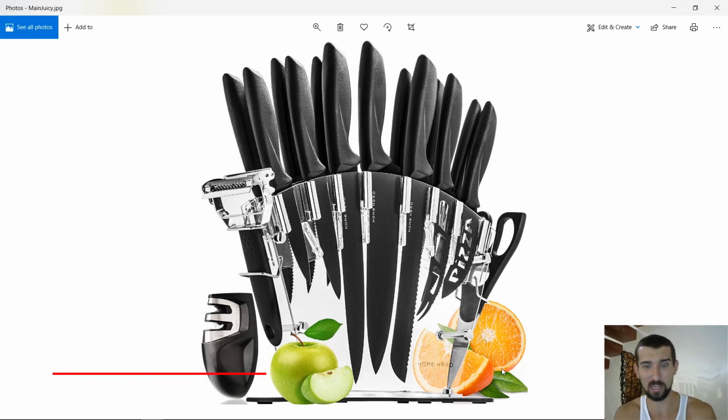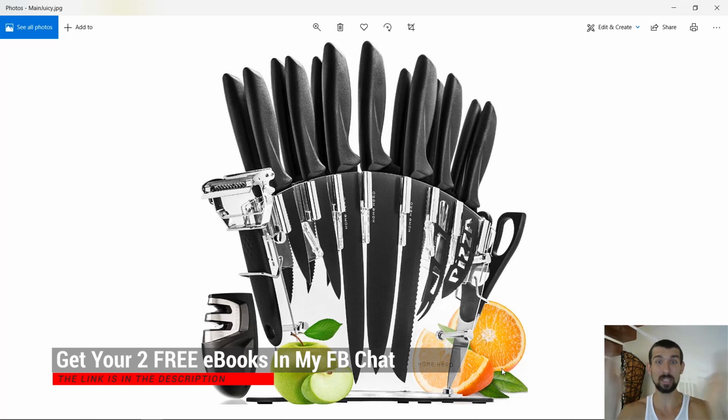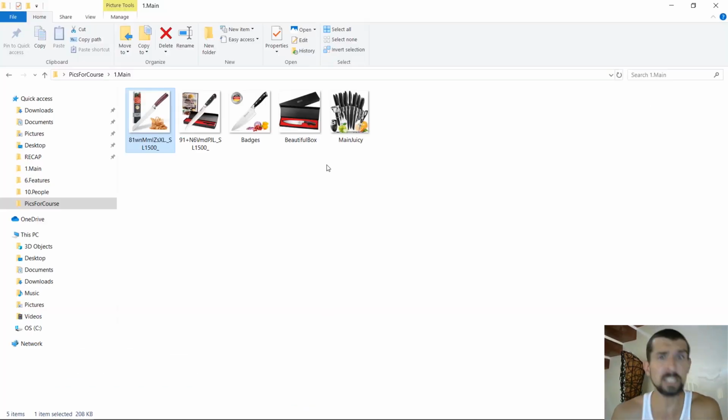You gotta understand what color works with what, but in my opinion, it's an awesome picture because it's big, catches all the frame, and we have lifestyle here. Again, against TOS, this is for the main picture. If you have any questions about pictures, drop them in the comments. I will gladly answer them.